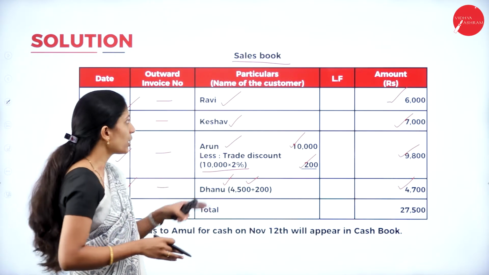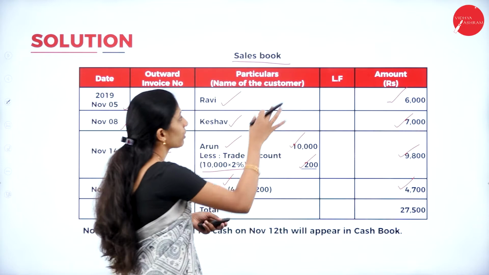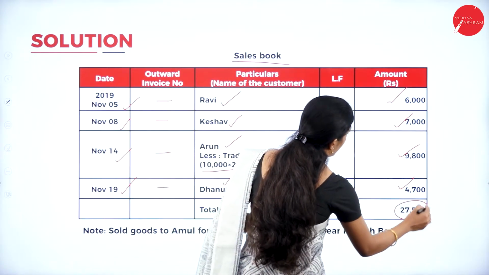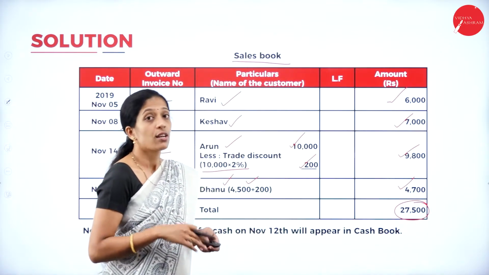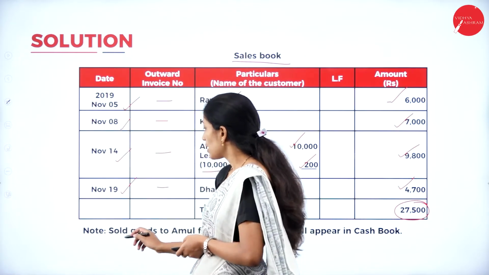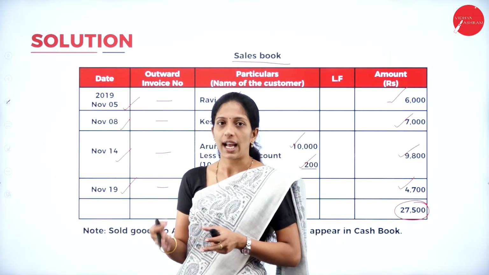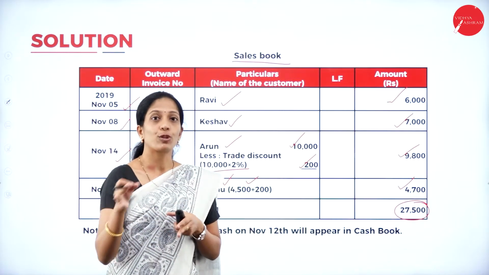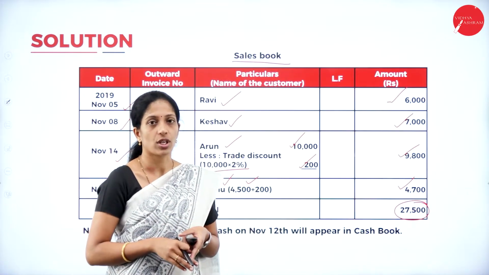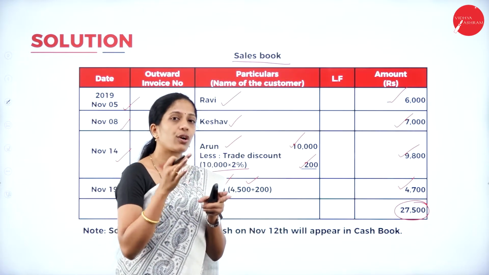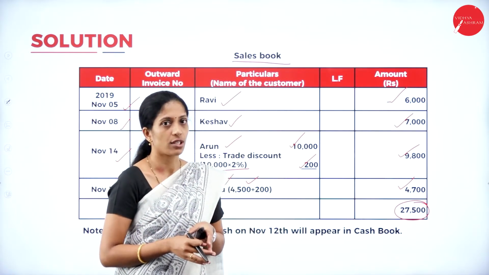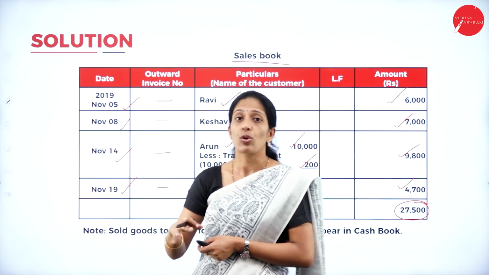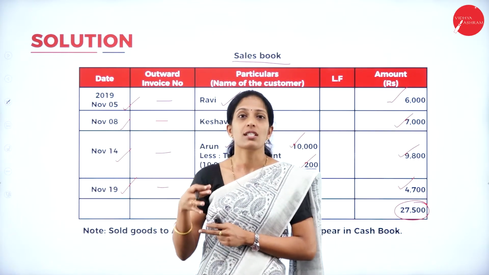So we are done with all the transactions, but we have to write a note at the end of the sales book. Now you have to total. So if you total all the amounts, you will get 27,500. So how to write a note? That is, sold goods to Amul for cash is not recorded in the sales book. We will record in the cash book because it is a cash transaction. Whereas in sales book, we will record only credit transactions. So this is how, and the note can be in your own words. So this is how you are going to